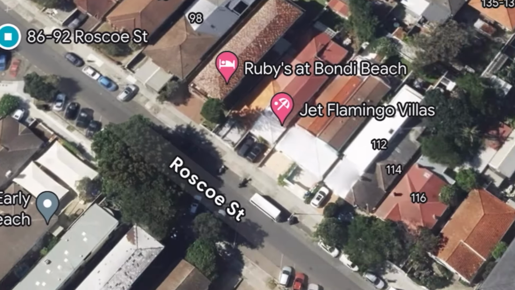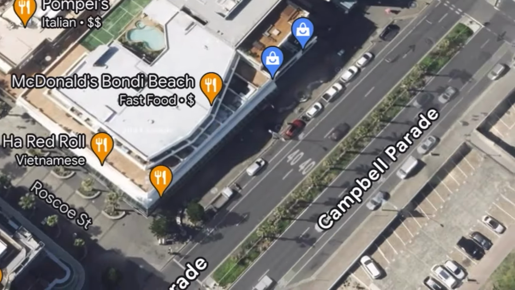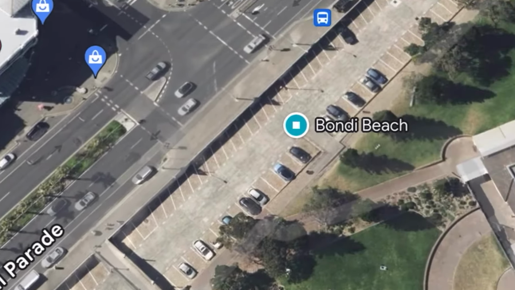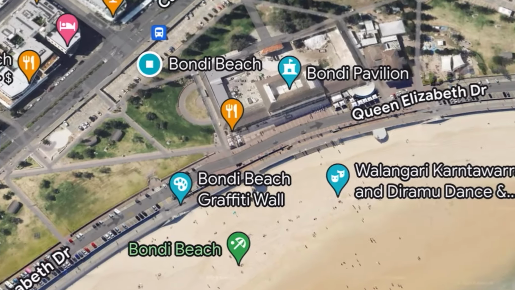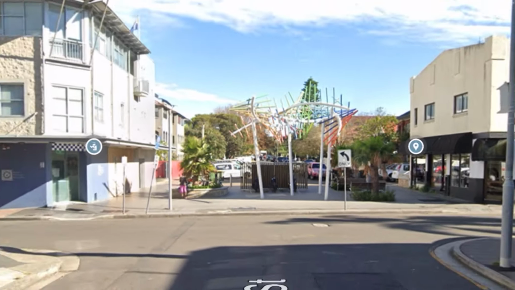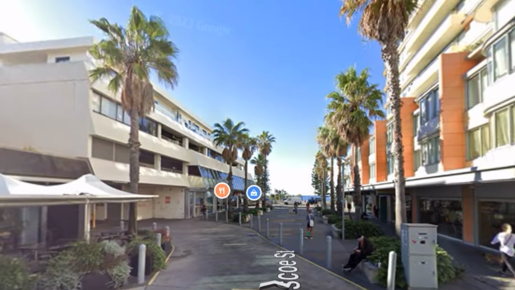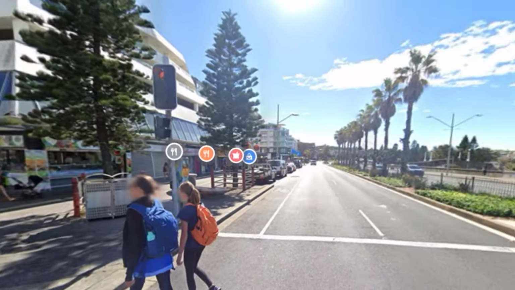Trams will then leave Bondi Town Centre and continue along this side street, going through several pedestrian areas before making it to Bondi Beach tram stop. The famous Bondi Beach finally has a tram stop. Well, not exactly, but the trams will make their way through these little pedestrian side streets before crossing the main road